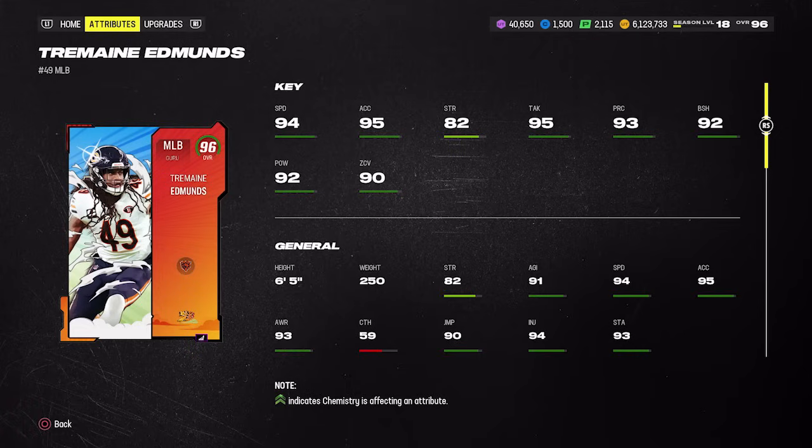6'5", 94 speed, 90 zone, 92 hit power, 92 block shed. He's a great user because of his height and his speed, but also his ability. So you do have to use a high elevation token to unlock his first discounted ability bucket, but basically he's going to get Lurk Artist and mid-zone KO for a total of 1 AP, and that's kind of the ideal